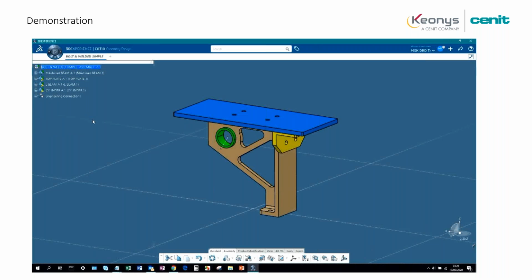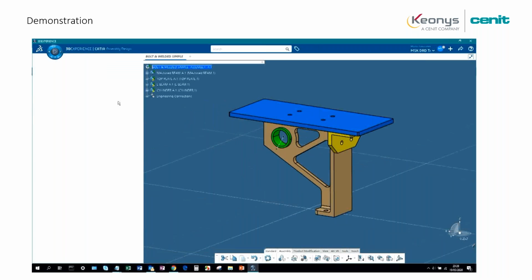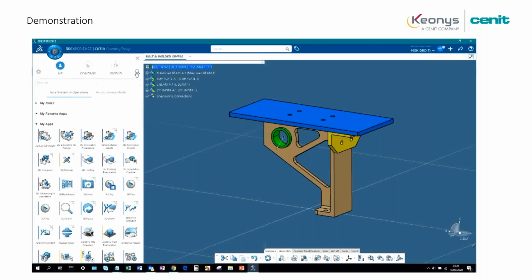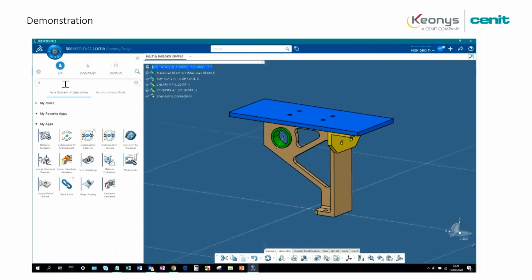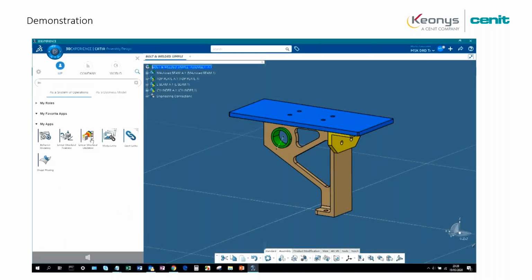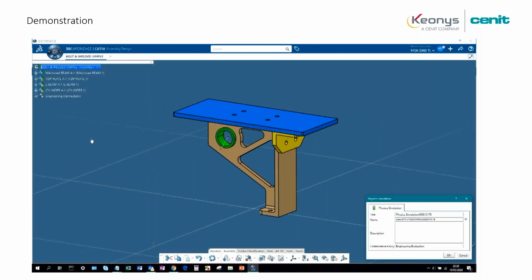So this is the same material that you use with CATIA design as in the simulation. It's just that you have added some additional domains.